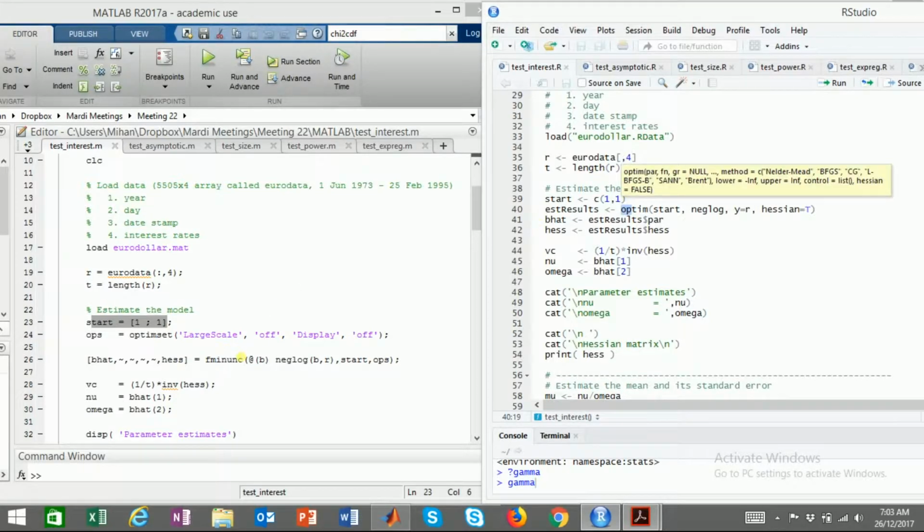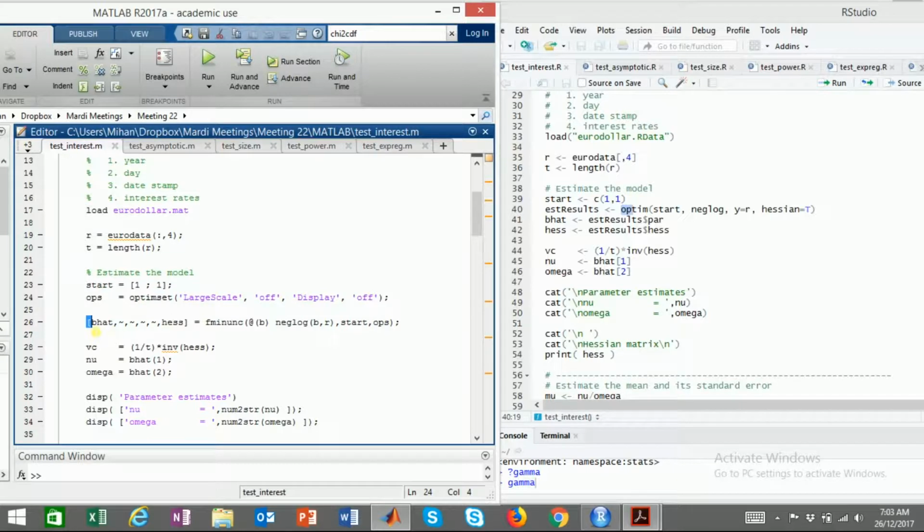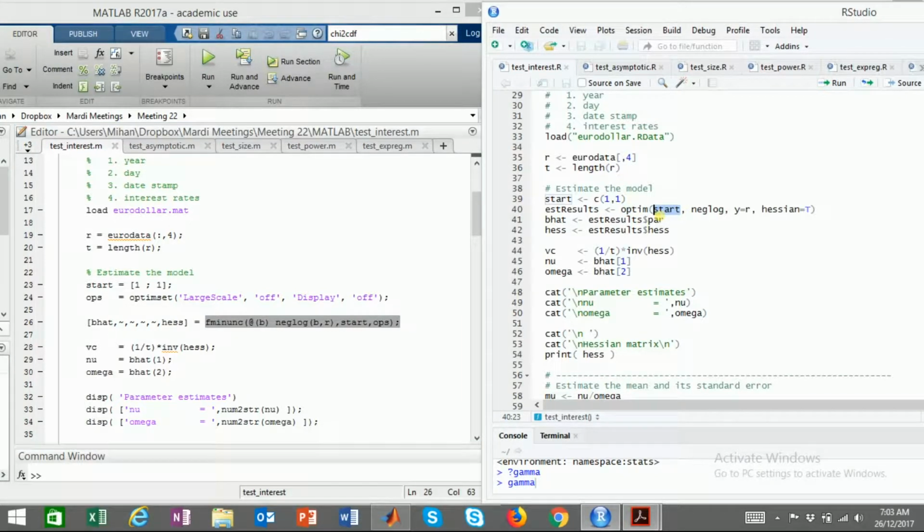You see, we don't need this in our optim set, large scale of display. So we need beta and Hessian with the function minimizing. So parameter, neglog the total function, starting value, and options, default option command. Optim, we pass the initial par or the starting value, then the function or neglog, then